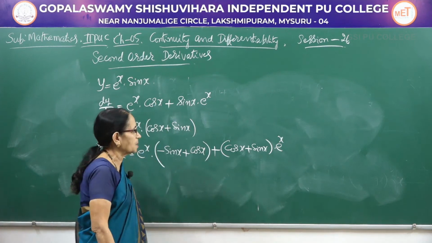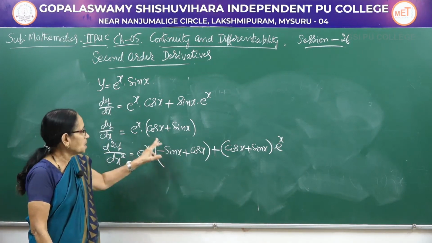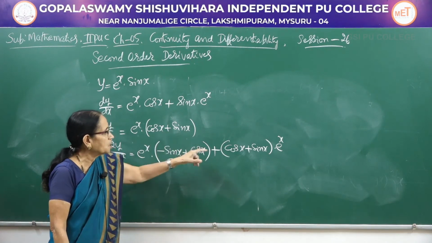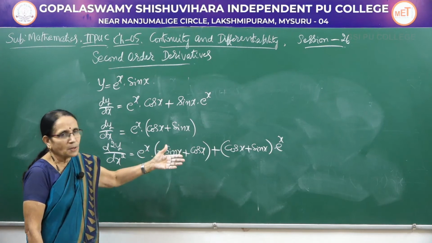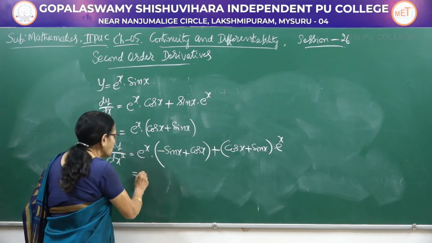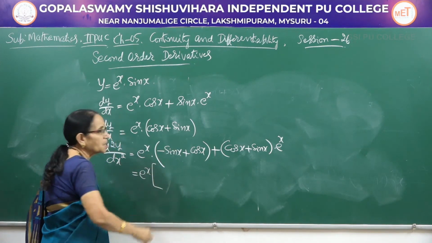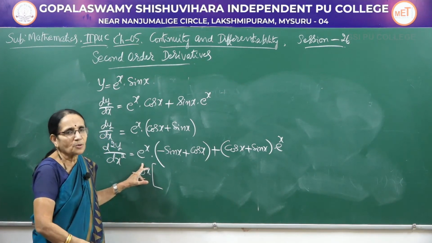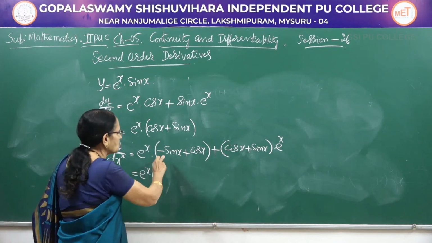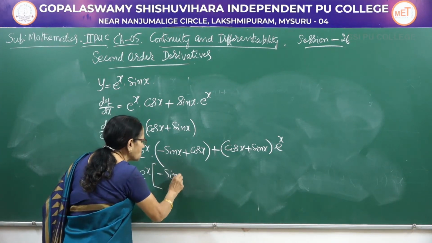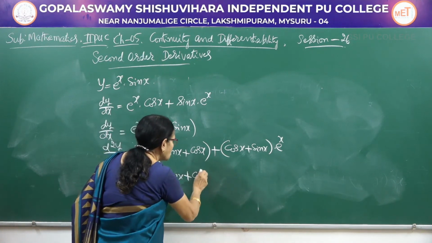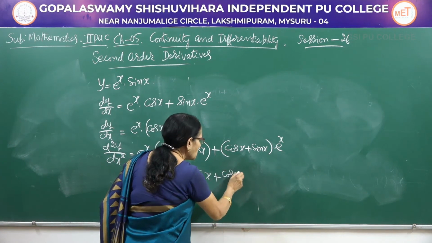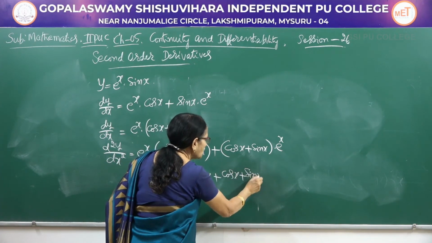Now, second function, that is plus cos x plus sin x into derivative of the first, that is again e to the power x. So, first function into derivative of the second, minus sin x plus cos x, plus second function into derivative of the first, and e power x remains the same. Now, carefully you take out the common factor e to the power x. Any number of times you differentiate, this always comes out as a common factor. Let me write the remaining terms. Here minus sin x plus this is cos x plus another cos x and plus another sin x.